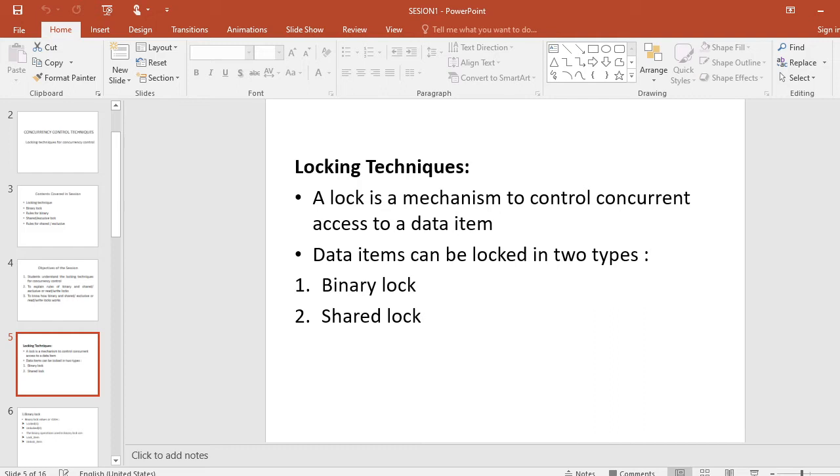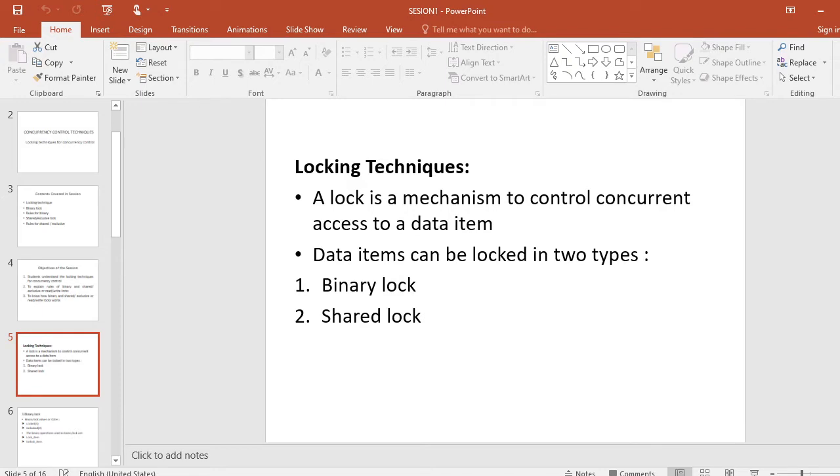Generally, one lock is employed for each data item in the database. Locks are used as a means of synchronizing the access to database items by concurrent transactions.